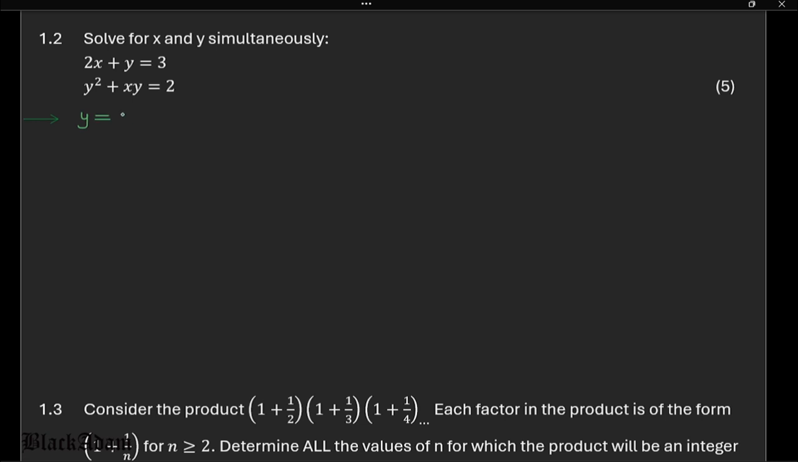So we have y there, solving for y in the first equation is equals to 3 minus 2x, and then we substitute y there, so it's going to be 3 minus 2x squared. Okay, that's that part, and then x there plus, then we have x multiplied by 3 minus 2x there, okay, is equals to 2. Okay, so substituting the y that side,